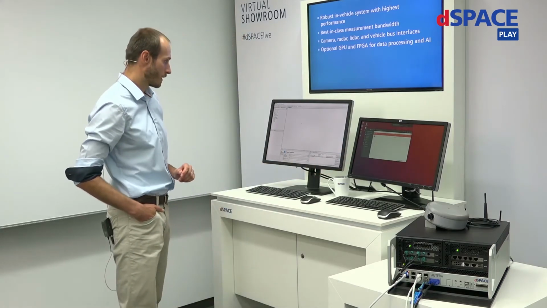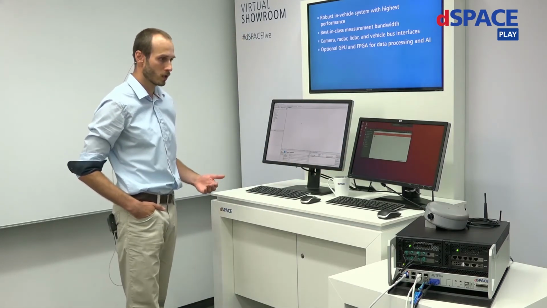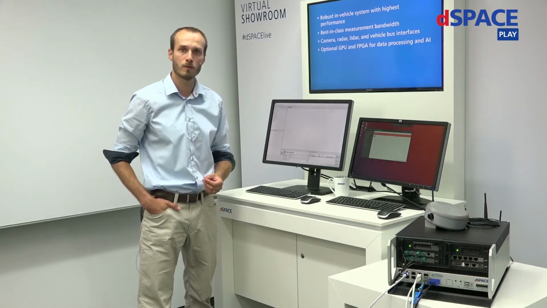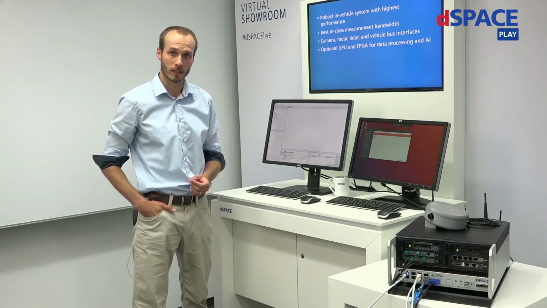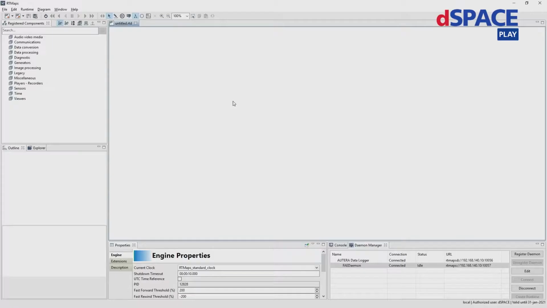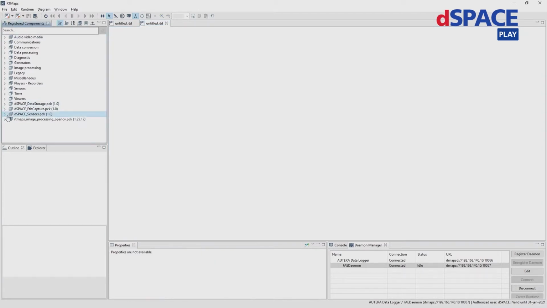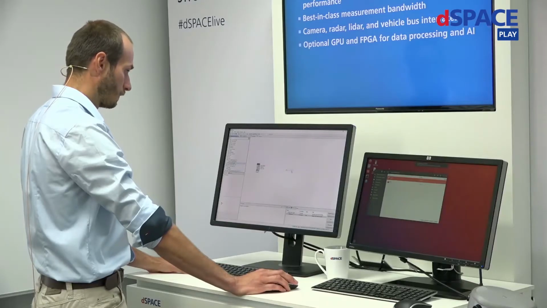I would start the demonstration with a simple configuration, with a simple application, how to capture the data from one camera. We will choose a component from the library that captures the data from the GMSL interface. And we will also select the recorder.